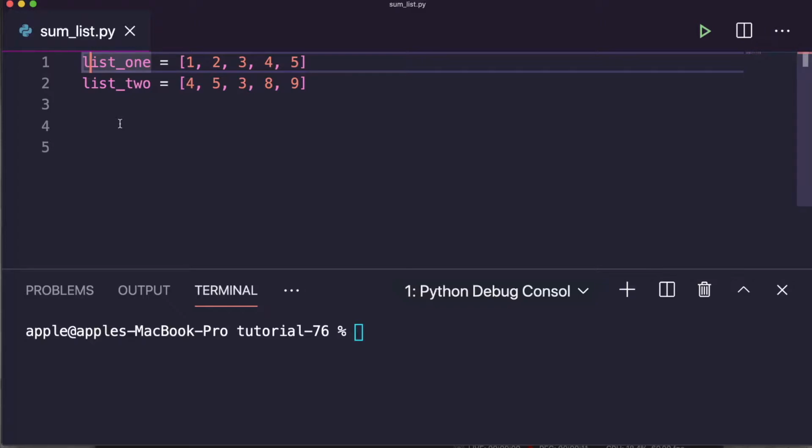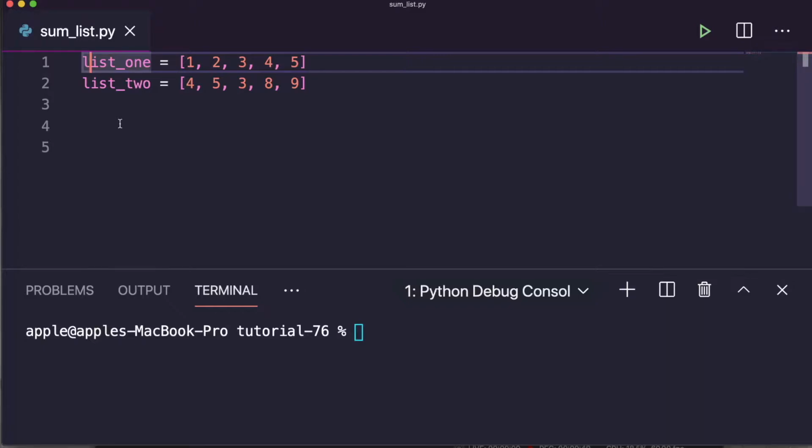In the previous tutorial, we had discussed recursion in Python. In this tutorial, we'll discuss how to sum elements of two lists in Python, or you can say how to merge a list in Python. I recommend that one of the best ways to sum elements of two lists in Python is to use list comprehension in conjunction with the addition operator, or you can say the plus operator.